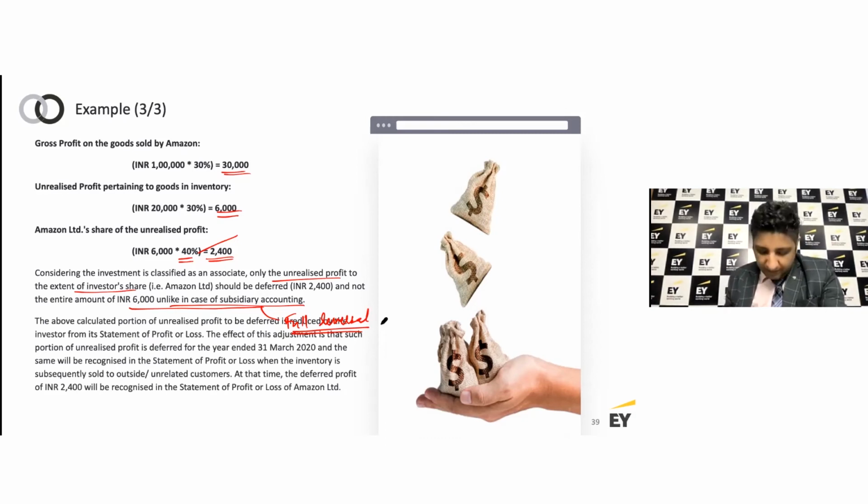Okay, the above calculated portion of unrealized profit is reduced from the investor's profitability, right? Because the seller is the investor and is making the profit, we need to simply reverse that profit. It would only be recognized when the inventory is eventually sold to an external customer. Okay, that's how you start looking at the group adjustments or consolidation adjustments in the financial statements in this context. All right,